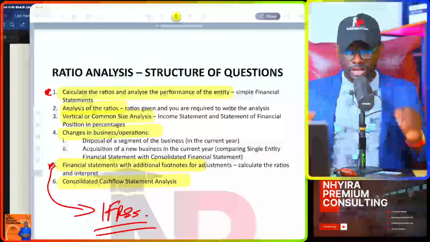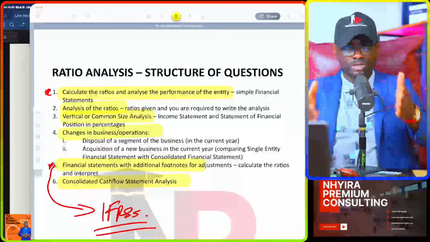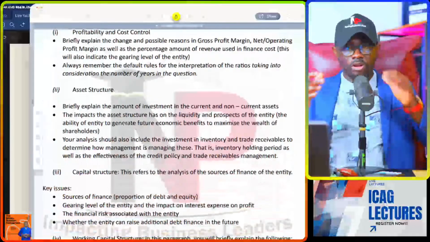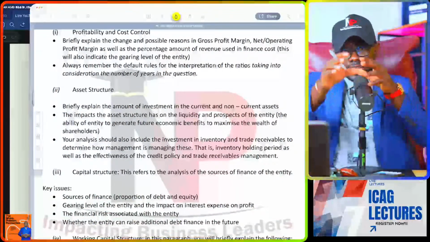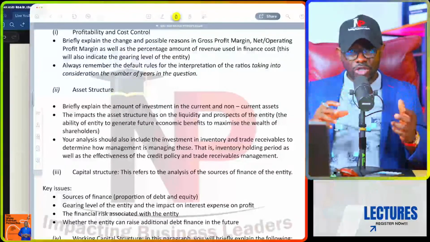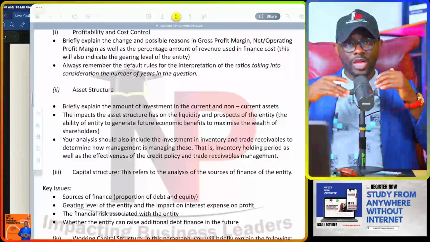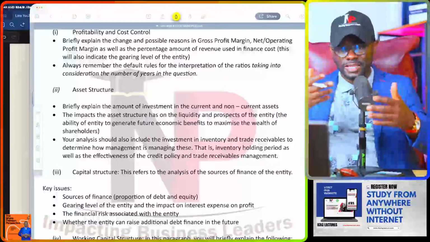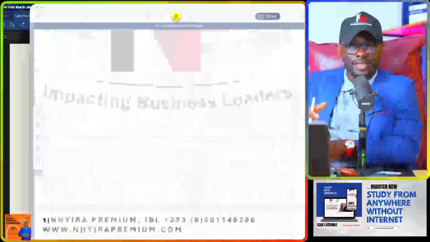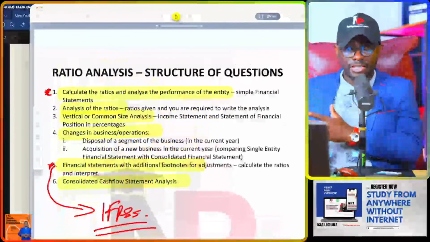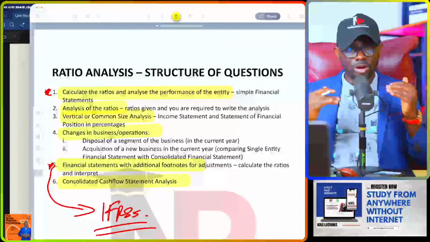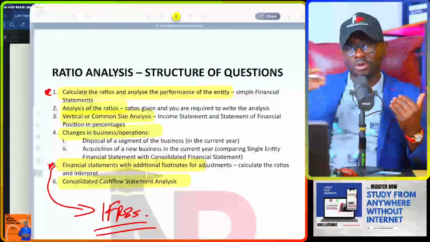For those of you who are learning under my mentorship, you have access to this document already, and the principle guidelines are available on what you are supposed to do under each of the styling of the questions, the adjustments required, and most importantly, the way you are going to be interpreting the ratios. So we're going to be coming back to some of these things during our executive revision masterclass, but you have this already to give you the blueprint in respect of how you can prepare yourself for